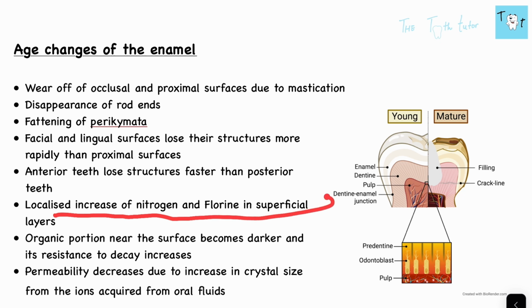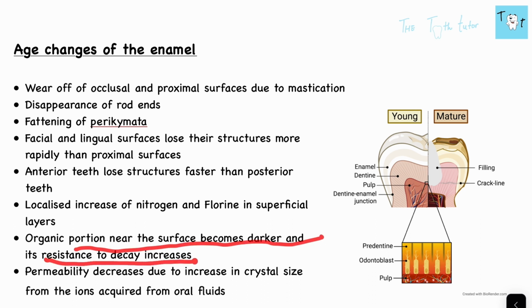Localized increase of nitrogen and fluorine in the superficial layers. So as we age, the content of nitrogen and fluorine will increase in the superficial layers. Organic portion near the surface becomes darker and its resistance to decay increases. So you may have heard that enamel becomes harder as we age. So it does not become harder, but its resistance to decay increases because the organic portion becomes more resistant to bacteria and everything surrounding it. Okay,